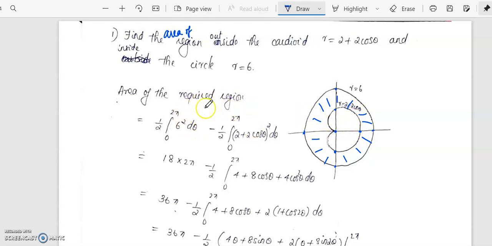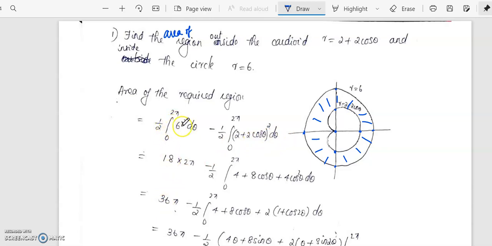So therefore, the area of the required region will be, the area of the circle r equal to 6 will be 1 by 2 integral. Again, this circle r equal to 6 traces exactly one time in 0 to 2 pi. So that will be 1 by 2 integral 0 to 2 pi 6 square d theta minus 1 by 2 integral 0 to 2 pi area of the cardioid. Area of the cardioid will be 2 plus 2 cos theta whole square d theta. Now upon